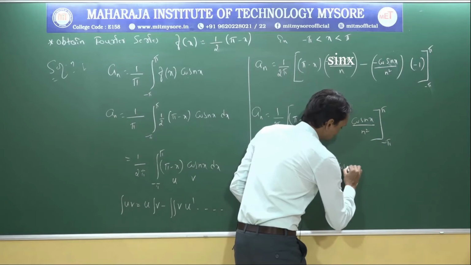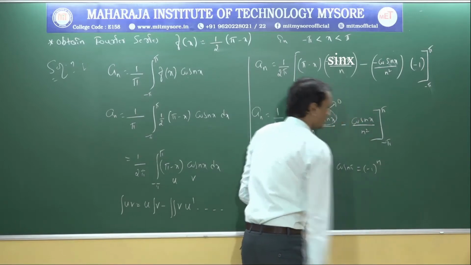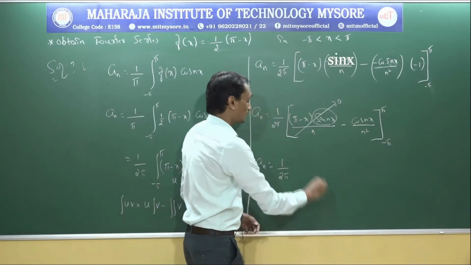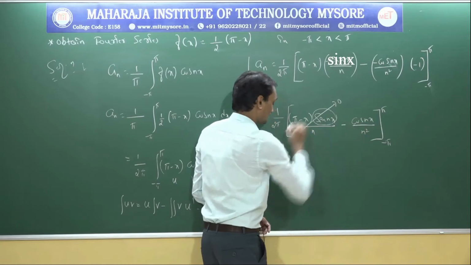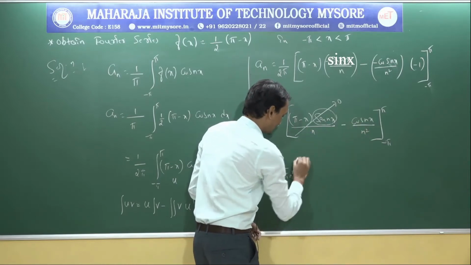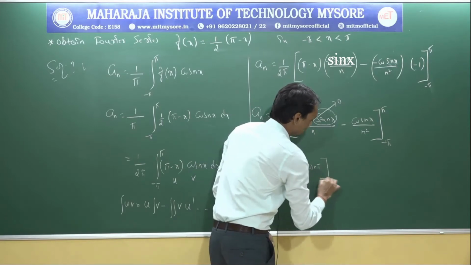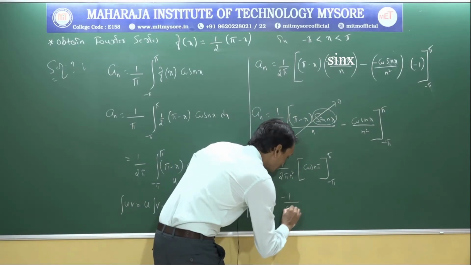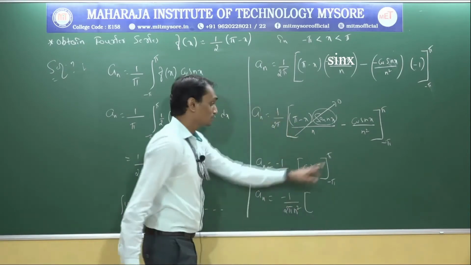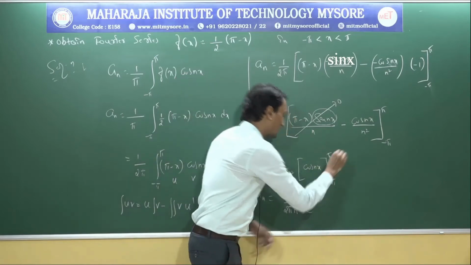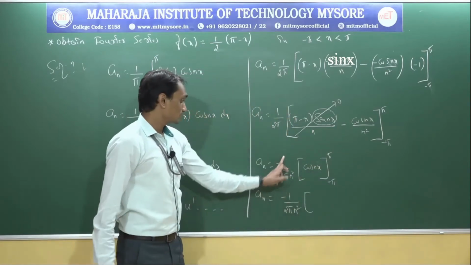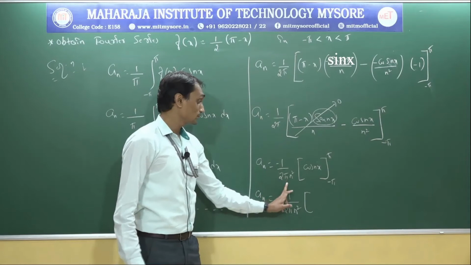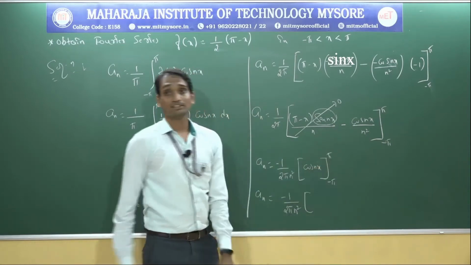We have the value for cos n pi. Cos n pi is nothing but minus 1 power n. So an equals 2 by pi, I take minus outside, minus 2 by pi n square into cos n pi, minus pi to plus pi. So an equals minus 1 by 2 pi n square. Once again I repeat, an equals minus 1 by 2 pi n square; n I took outside, minus also I took outside. So minus 1 by 2 pi n square cos nx in the integration, minus pi to plus pi.